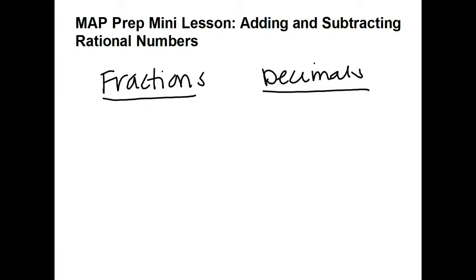This is a Math Mini lesson on adding and subtracting rational numbers. Remember, rational numbers are fractions and decimals. So when you have fractions, for example, if I have 2/3 plus, I don't know, 1/4, you have to